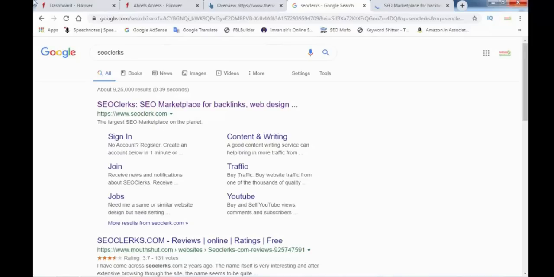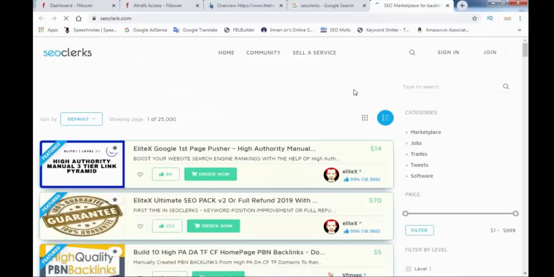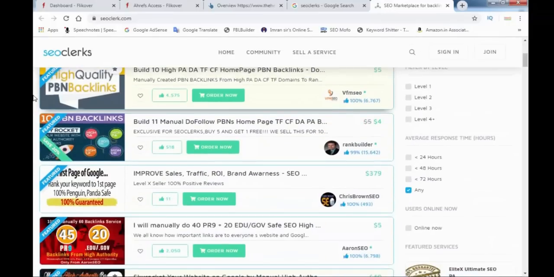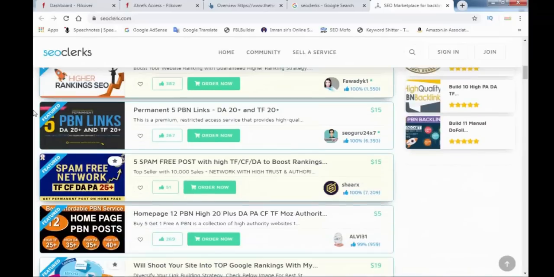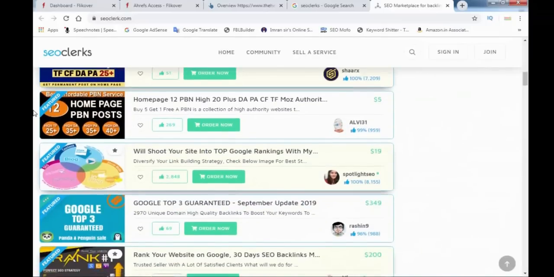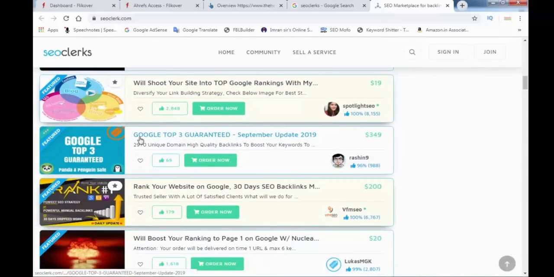For example, you can cover any trending topic, and after writing the article, if you can rank on Google, this is better. If you can't rank your keywords on Google's first page, then you come here, SEOclerks.com. Here you will find many people who will rank your website. You can check here, Google top 3 guaranteed, September update 2019. This person